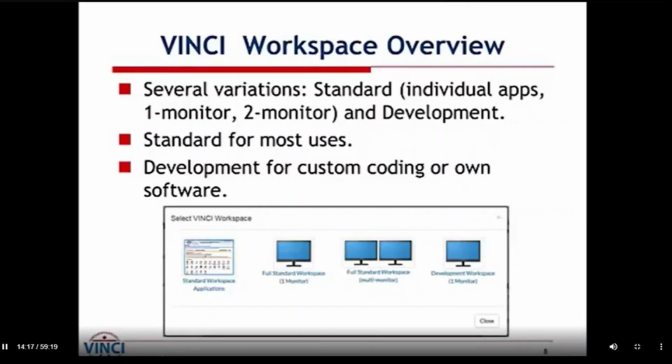There are a number of different ways you can take advantage of that environment. We have the standard workspace and also the development workspace. The standard workspace is a shared environment where you can access a number of different applications, and at the same time have access to all the data that's been made available to you in Vinci, and file shares and